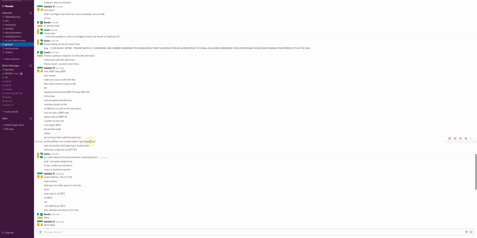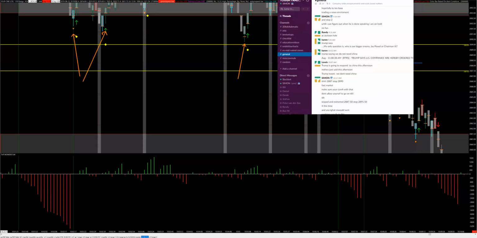So this will be a net 5 points of stop, meaning the first time was 4 and the first time was, actually my math was off there. So I took 3, 4. It would have been net 7 points of stop. And I'm pretty much ignoring a 5-point gain at this point, right? So you'll see my thought process going through, right? So